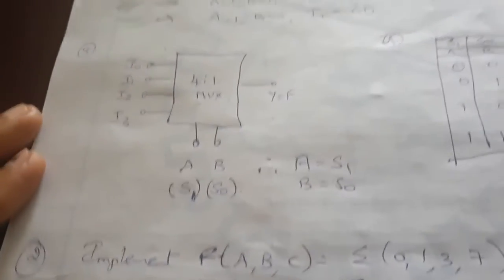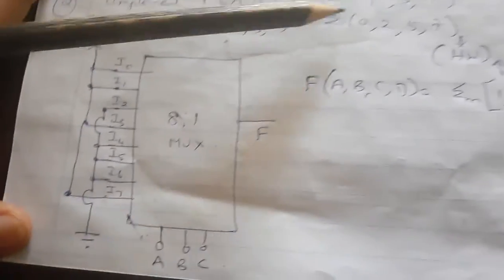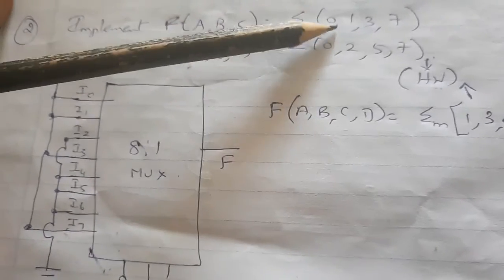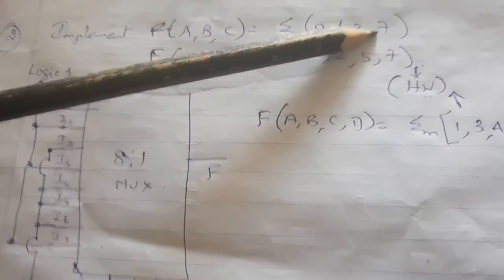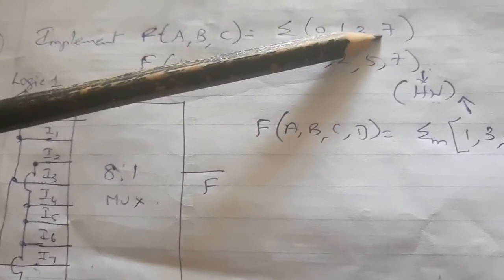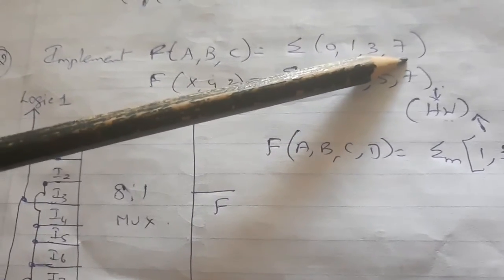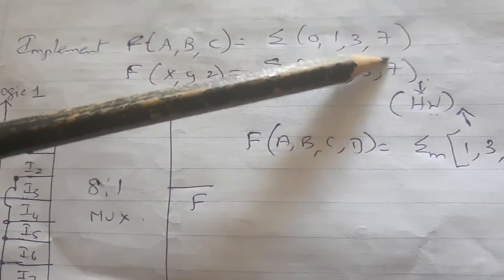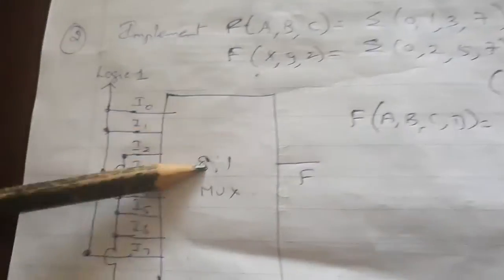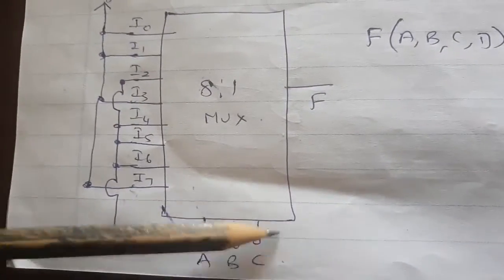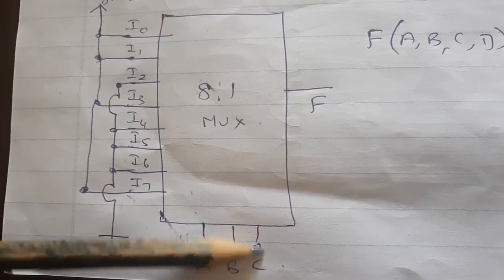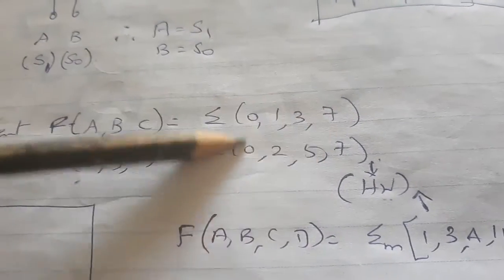So this is how I've implemented it. Now you can find out two minterms. Minterm 0137, first minterm. So 0137 should be selected. So it is an 8 input. 8 input means 3 selection lines. Therefore it is 8 into 1 mux. ABC is the 3 selection lines. And for 0137 your output should be obtained.